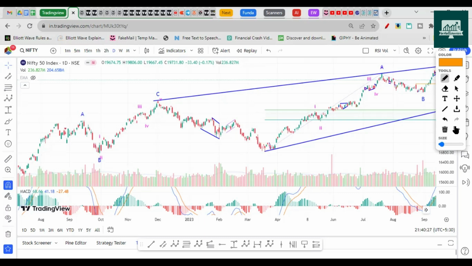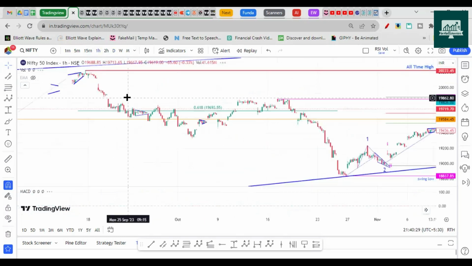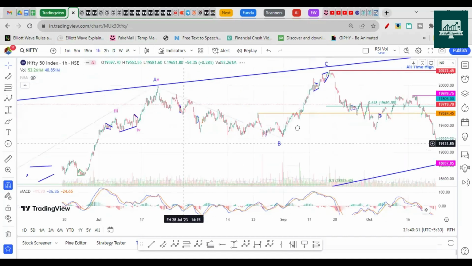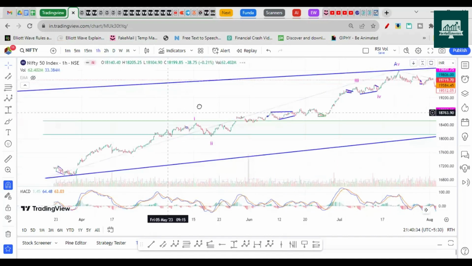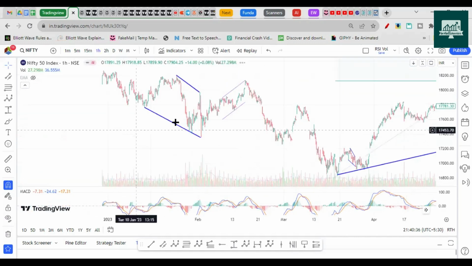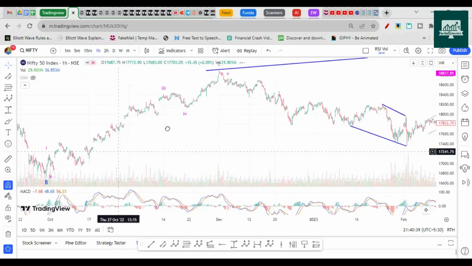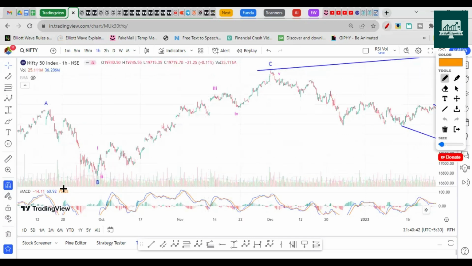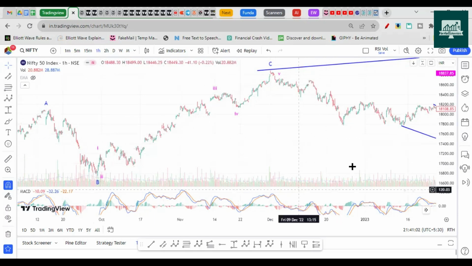If I switch to the hourly chart, let's go to the hourly chart. I can show you the previous scenarios as well, so that we do not have doubt about that three-wave move. So what I'm referencing is this one. This is the previous move, right? Even this move isn't satisfying the five-wave structure, right? There is no third wave here, no third and fourth wave retracement. It directly went up and then it went down, right? So these things happen. We have to consider them once the entire cycle completes, and then label them.